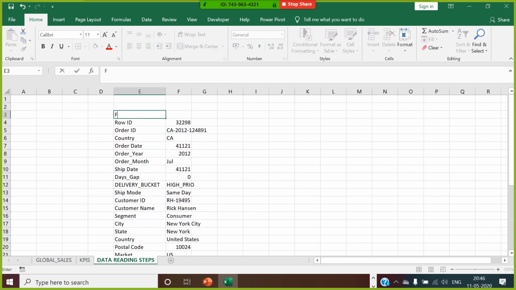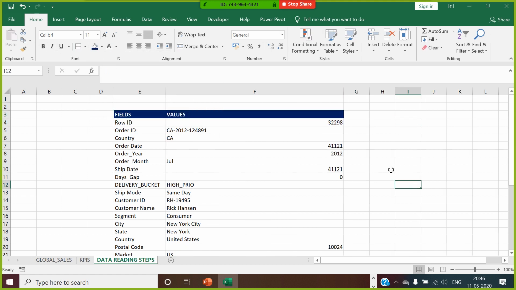This is going to be my fields. This is going to be my values. Selecting these two, I need to identify how to measure these values. Whether I call this as dimension, whether I call this as measure, what I want to call this.